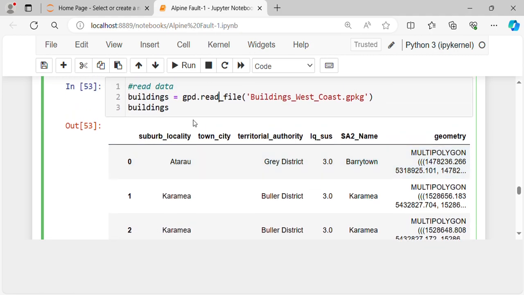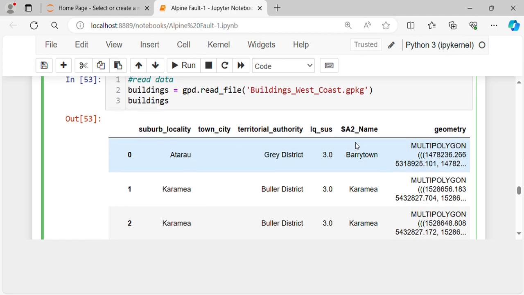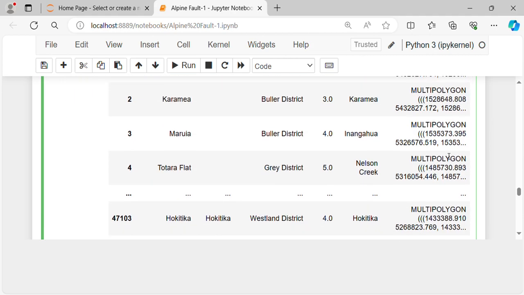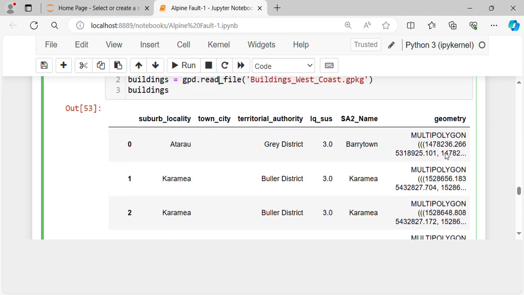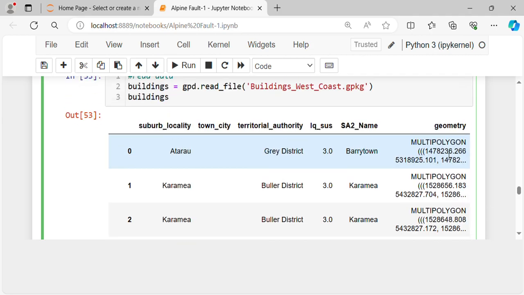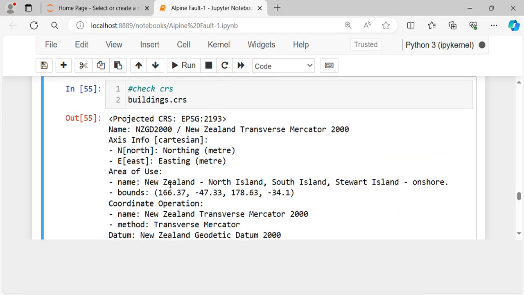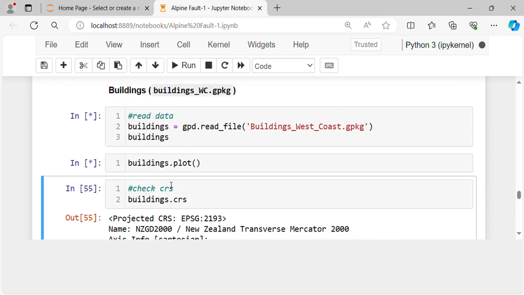So it's a GeoDataFrame. It's not just a data frame, it's a GeoDataFrame. So it has suburb locality, town city, territorial authority, LQ, SUS, SA2 name, and geometry, which is multi-polygon. So if we print the suburb locality, the list of the suburb locality, so we get,